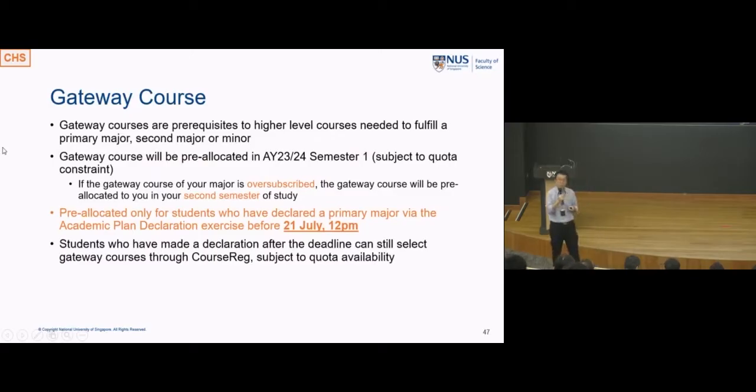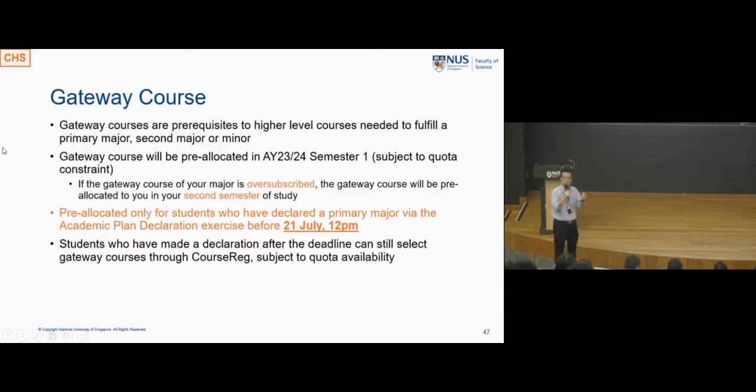Okay, gateway course. So this is really that 101, right? Whether it is Physics 101, Mathematics 101, Chemistry 101, Life Science 101, Data Science 101. This is really that gateway course that sets you on your way towards fulfilling the major requirement of 15 courses. It is also a sampler for some people who may not have decided whether this major is the one that I want or that major is the one that I want. These gateway courses are meant to give you that information as to whether this is the right one for you.